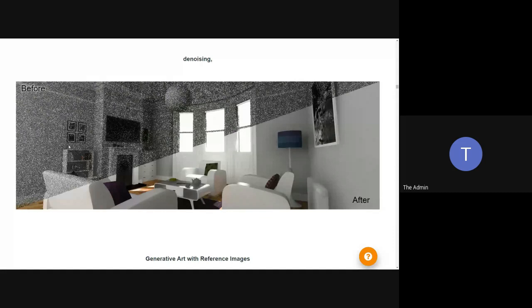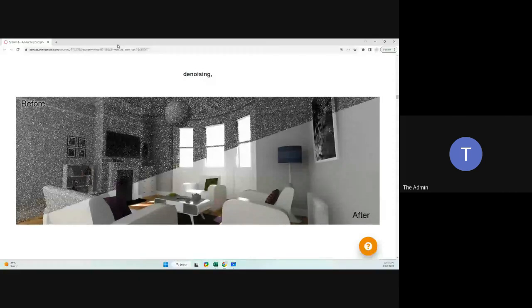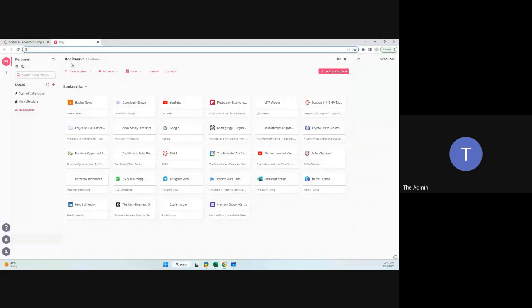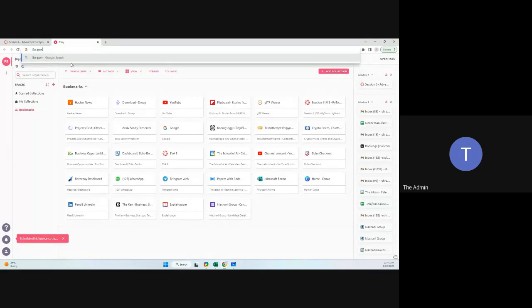This also happens when your ISO rate on your mobile phone is pretty high, and this especially you would have seen at night. So, to see ISO on the iPhone,